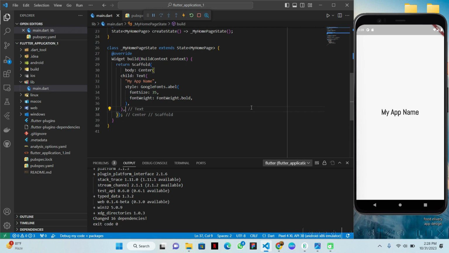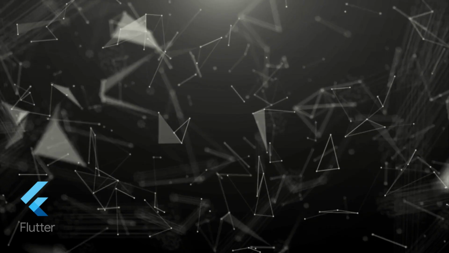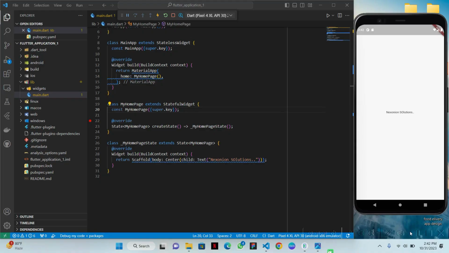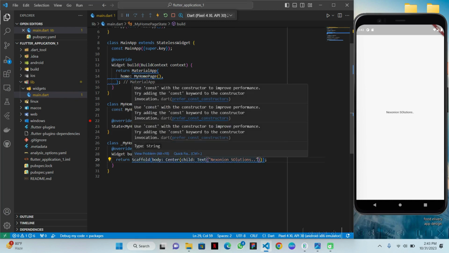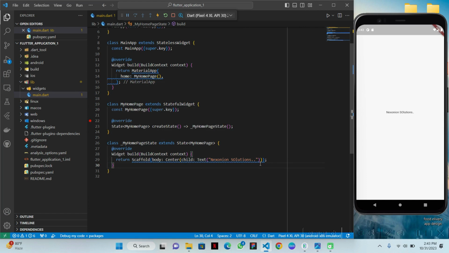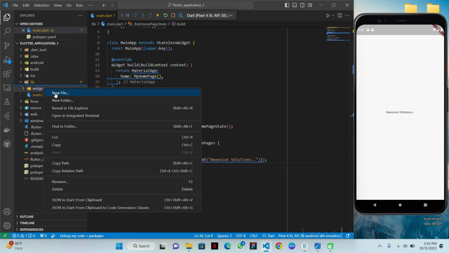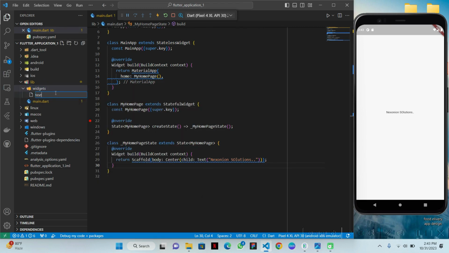So now let's start about component widget. So how we can create a text widget by using a component. So guys, this is my text widget, but what I want is to create my own text widget, so I don't have to code again and again the styling of the text. So what can I do? I will create a component text widget. So here inside my widgets folder, I will create a new file, text component